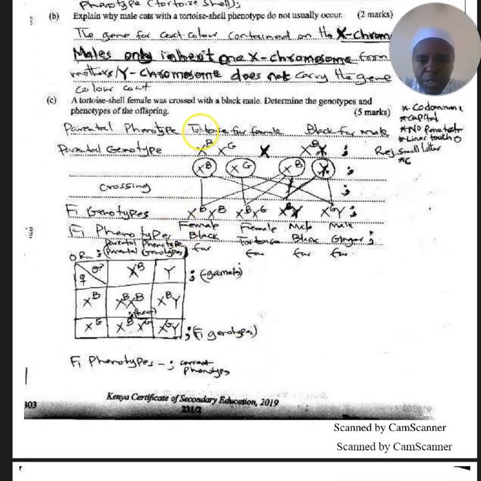A tortoise shell female was crossed with a black male, determine the genotype and the phenotype of the offspring. So when you are crossing here, you start with the parental phenotype, tortoise for female, tortoise we've said, the organism has both traits or both colors. And then for male it's black. The black will only be present in the X